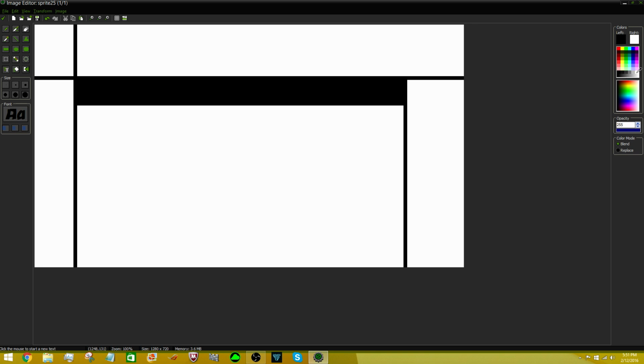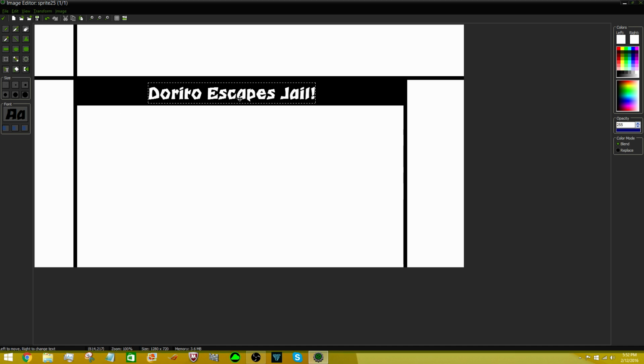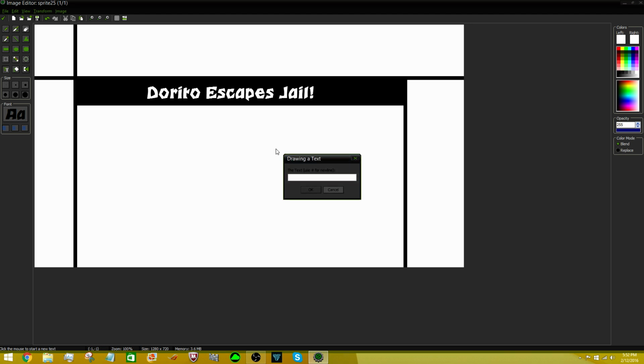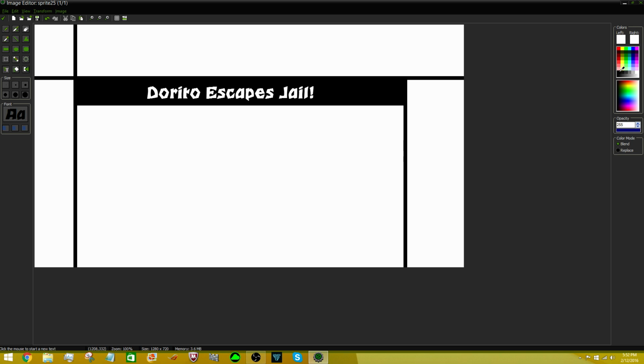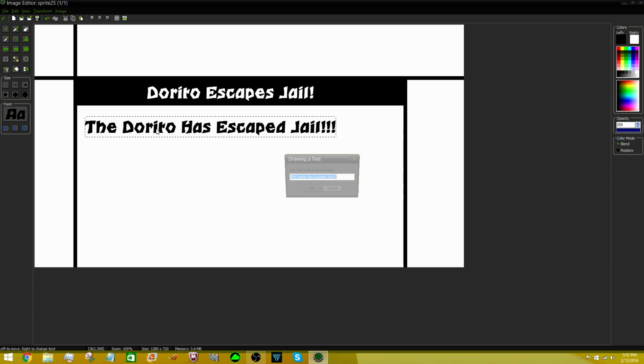Okay, now you can use either white or black text, it doesn't matter, whichever one you want. I'll put "Dorito escapes jail." There. Dorito escapes jail. That's pretty funny. Okay, so now, wait, I gotta click the color first. There we go, get some black. Now we can put the Dorito has escaped jail and is killing